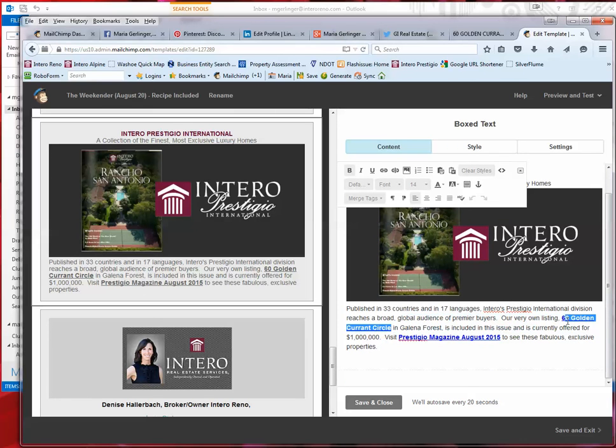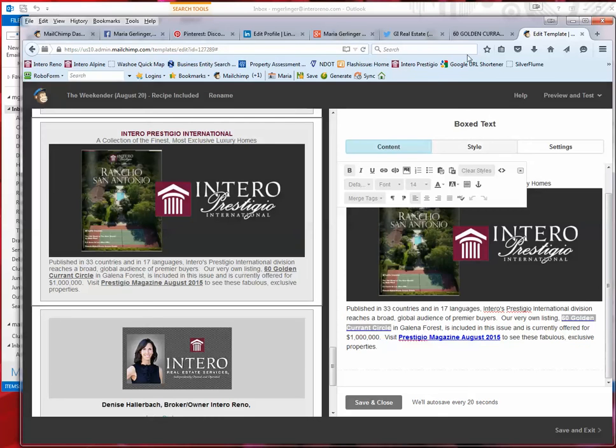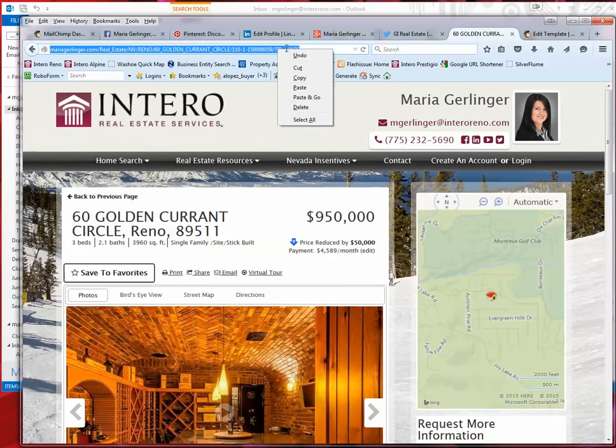and in the edit section highlight 60 Golden Current Circle, click on the link tool, select Control A or Command A, select everything in this box, and Control V or Command V will paste everything. But obviously I didn't properly copy the hyperlink, so I will cancel this out, go back here and